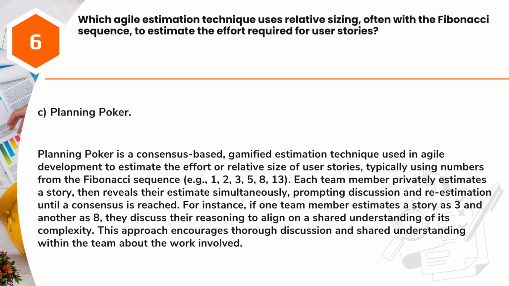Answer, C. Planning poker. Planning poker is a consensus-based, gamified estimation technique used in Agile development to estimate the effort or relative size of user stories, typically using numbers from the Fibonacci sequence, e.g., 1, 2, 3, 5, 8, 13. Each team member privately estimates a story, then reveals their estimate simultaneously, prompting discussion and re-estimation until a consensus is